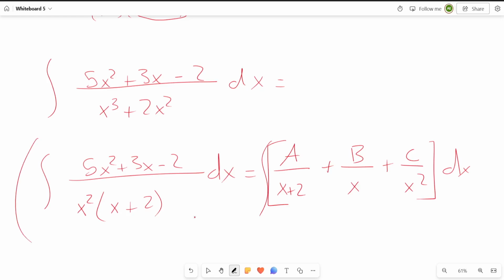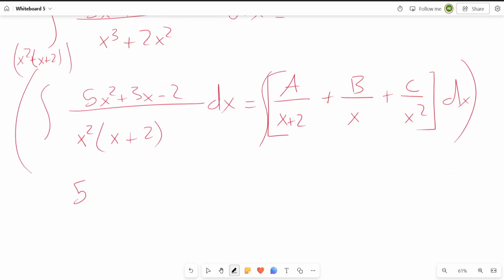As usual, we will multiply everything by x squared times x plus 2. So multiplying this by that, this is going to cancel. We will only be left with 5x squared plus 3x minus 2 on the left side equals a over x plus 2 times this. X plus 2 is going to cancel, then we will only be left with a times x squared plus b over x. So one x is going to cancel with this x. We're going to be left with